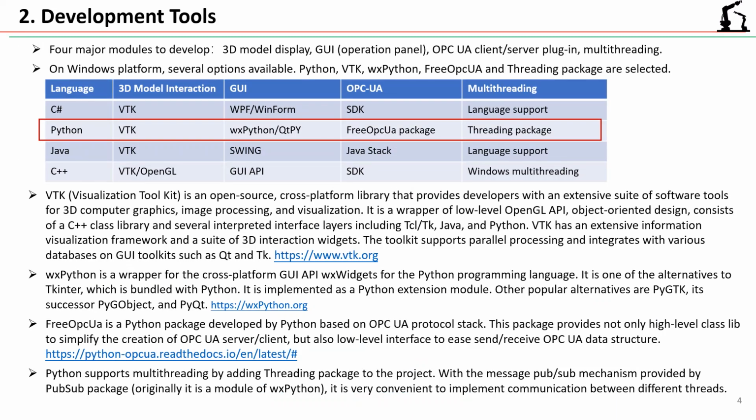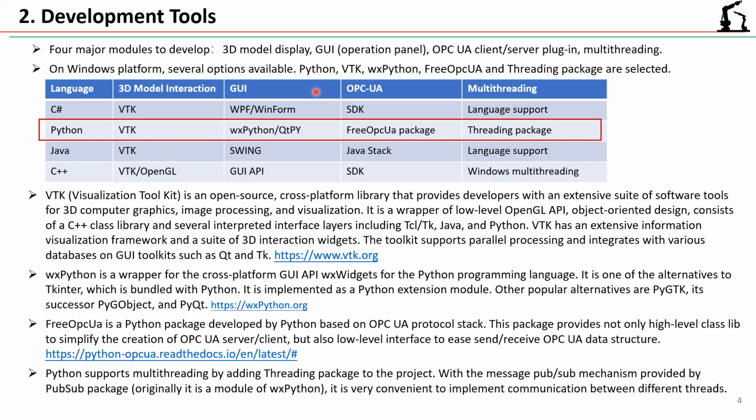There are several aspects to consider when we select the development tools: language, robot model display environment, software GUI, OPC UA support, and multi-threading support. Why do we need multi-threading? Think about it: the simulator will have two windows, one to display the robot movement, another for operation